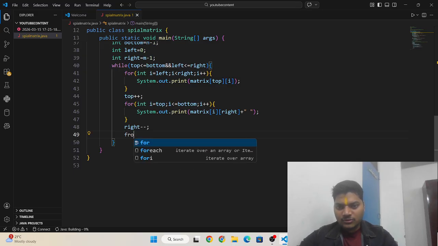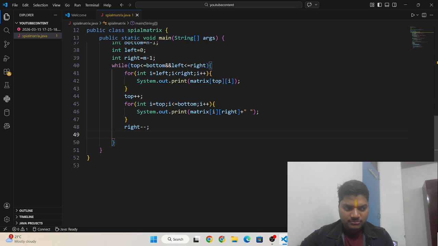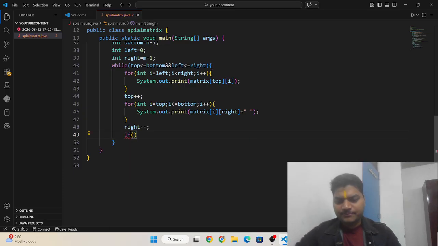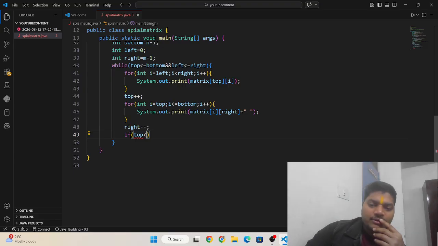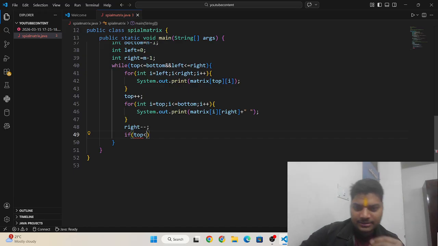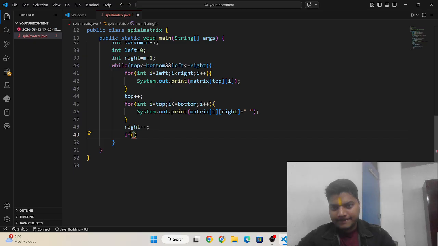So I need to check first, after printing the right column, I am checking if the row we have left. If top is less than equal to bottom.